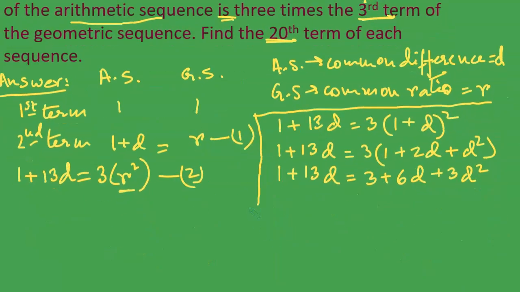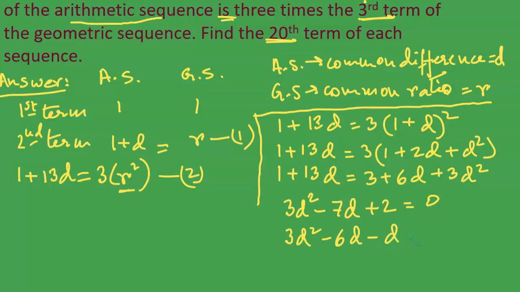So let us find the numerical value of d. If we just rewrite and bring all the terms to one side, we get 3d² and then 6d minus 13d, which will be negative 7d, and 3 minus 1 is 2, so plus 2 is equal to 0. Okay, and so this can be written as 3d² minus 6d minus d plus 2 is equal to 0,